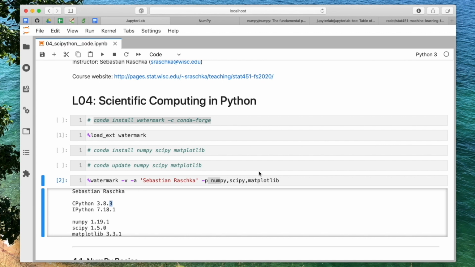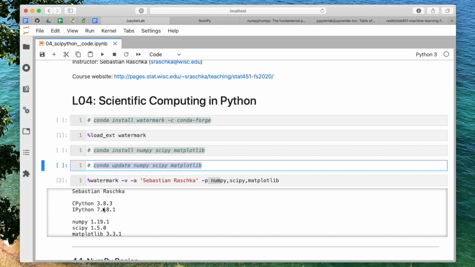Anyway, if you have not installed NumPy and SciPy, you can install them using this command with conda. And if you do that and these numbers are still not matching, you can update your NumPy, SciPy, and Matplotlib versions via conda. Sometimes this will not do anything if you already have it installed, but it may be an old version, so you may have to run the update to get the most recent version. So make sure you have recent versions here, and then you shouldn't have any problems executing the code from this notebook.